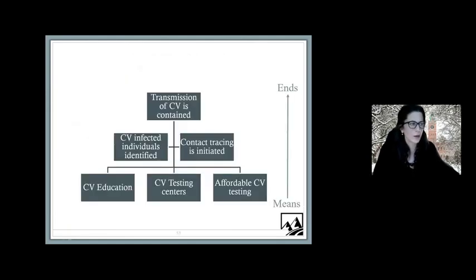So right here we have the objectives tree. And so this is going back to our COVID-19 testing example that I developed for the seminar or webinar. And so on the bottom, the means are COVID education, COVID testing centers, and affordable COVID testing. Those are the means that you need. These lead into the identification of COVID infected individuals and the initiation of contact tracing. And that ends up at the goal, or the higher level, top of the tree, transmission of coronavirus or COVID